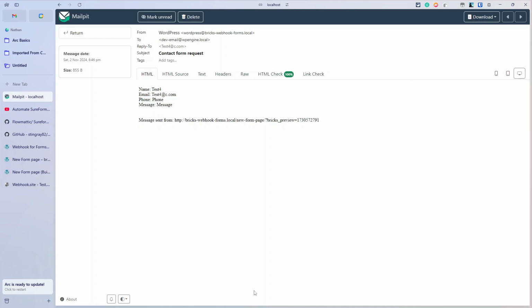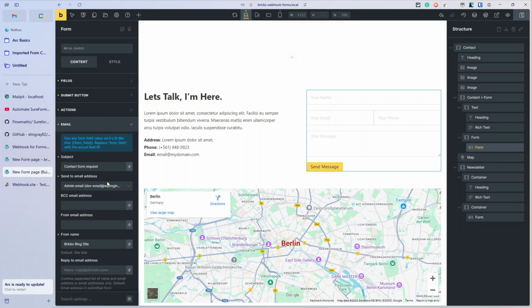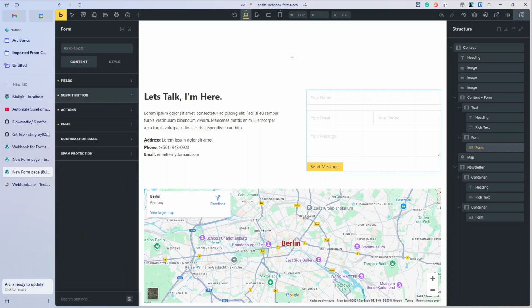So let's say that when somebody fills out this form you want to send the data to a webhook to do something with that data. I don't know, maybe you customize a brochure and email it back to them. But you also want to send them a thanks for ordering your brochure. These are the details you sent email from within Bricks. You can now do that as part of the form setup. So obviously your email fields and all of your email stuff is set down here. So you can actually do all of that. That's native to Bricks. It works as normal,